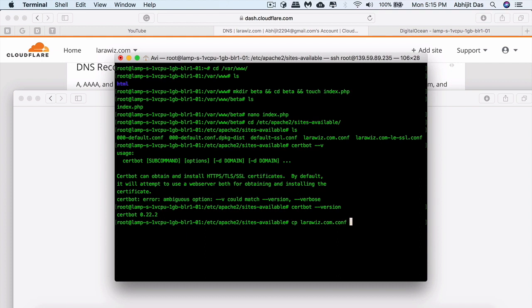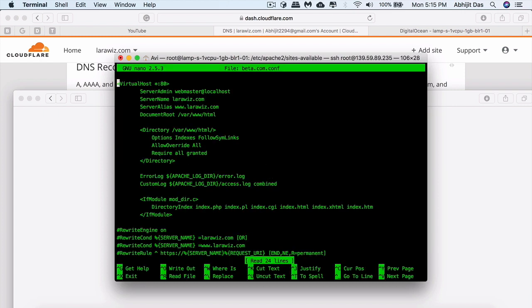Okay, so what I'll do is I'll copy the default non-SSL part configuration file, so it's beta.com.conf. You need to ensure that you have this .conf that equals to configurations. Now here you need to change the server name from Laravel to, you have to add or else append your